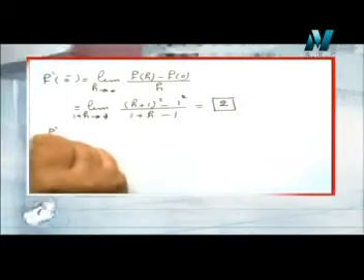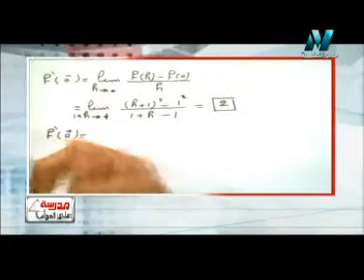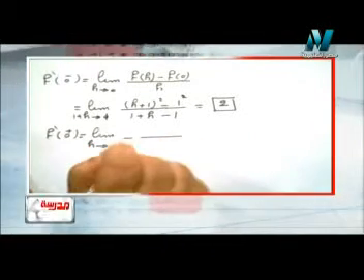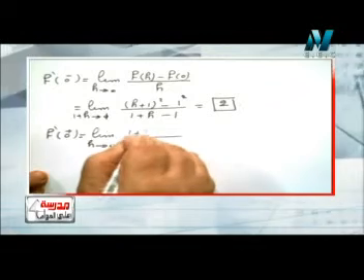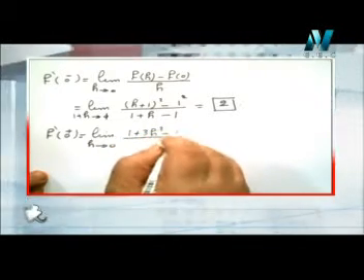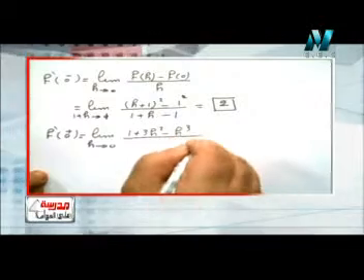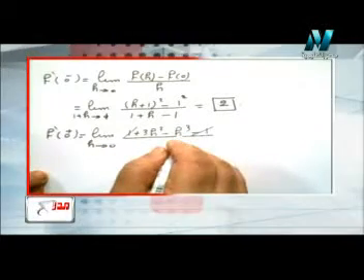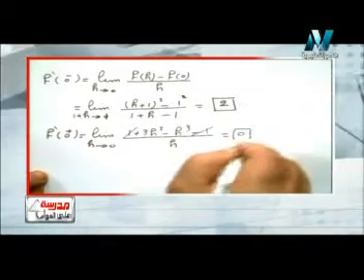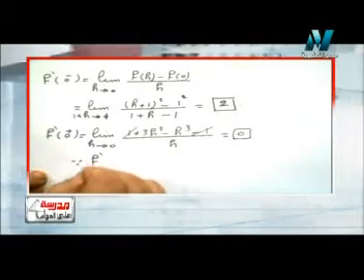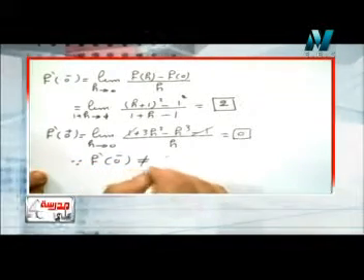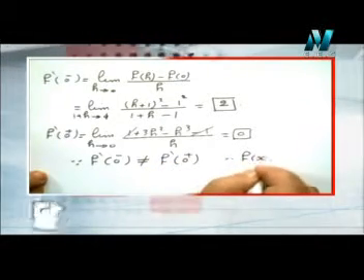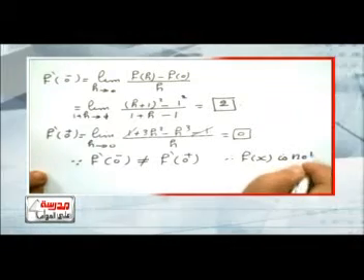f dash 0 positive. This is the limit as h tends to 0 of f of h, which is 1 plus 3h square minus h power 3, minus f of 0, which is 1, all over h. The 1s cancel, take h as common factor, therefore it is equal to 0. And since f dash 0 negative is not equal to f dash 0 positive, therefore f of x is not differentiable